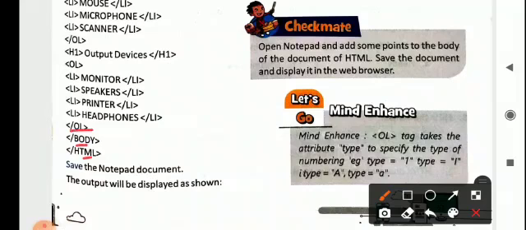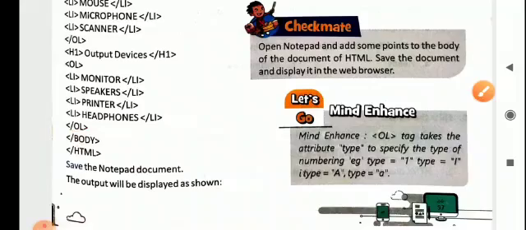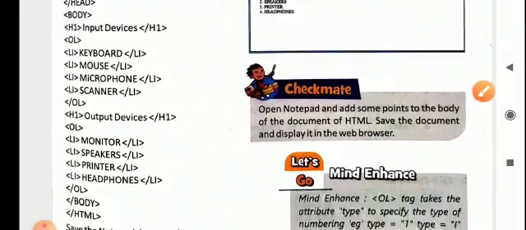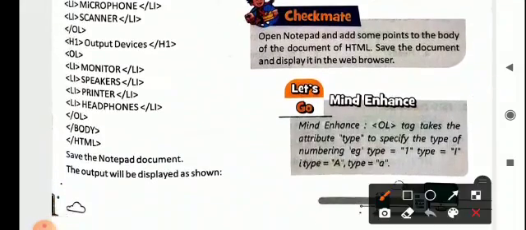And now suppose you want, by default numbering will come if you use OL. So the listing will come in 1, 2, 3, 4 form. But if you want the list in ABCD form, or Roman numbers, you need to write the OL tag along with an attribute. So which attribute do we have to use? Type. Type equals to, and within inverted commas or double quotes you need to write the value. Suppose you have written type equals 1, so the numbering will come 1, 2, 3. If you have written type